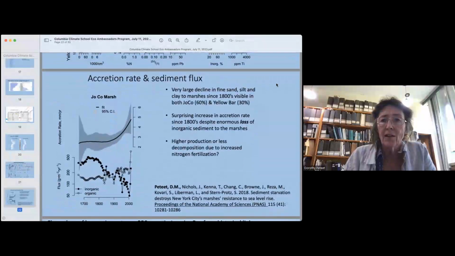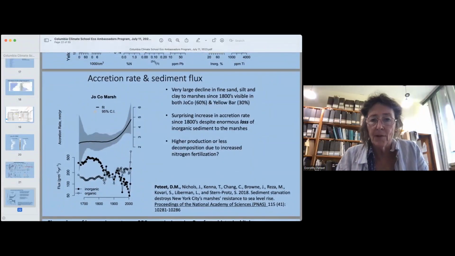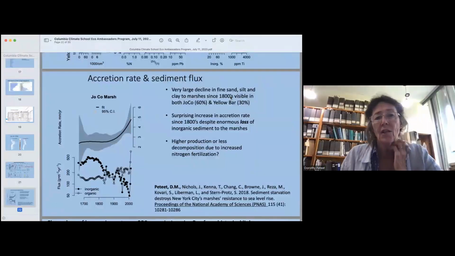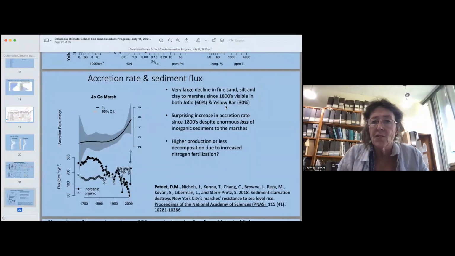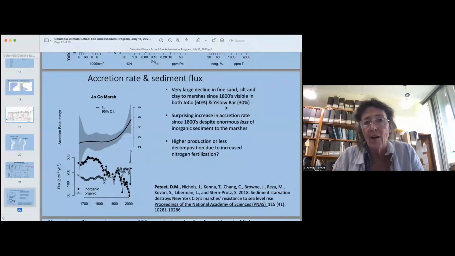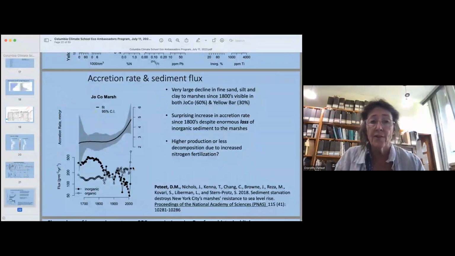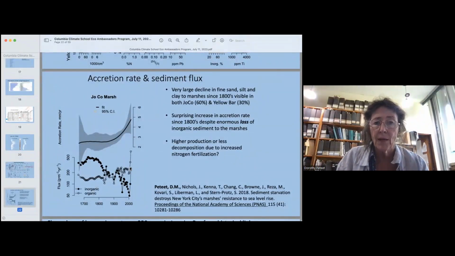So when we put it all together, we published this paper in 2018, we see a big decline in the inorganic since the 1800s, which we talked about before being due to the dredging and the hardening of the shoreline. But we also see, and that's this big decline, we see an increase in the organic, and we think that might be due to higher CO2, maybe the plants are growing better, or nitrogen fertilization, which is higher, but through